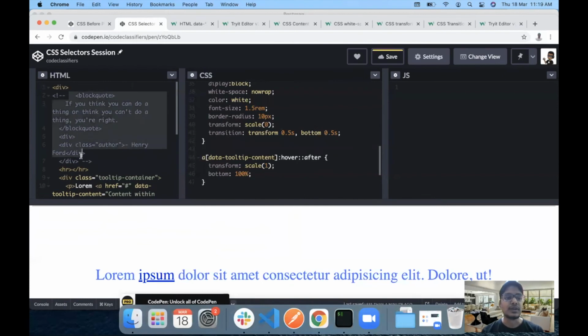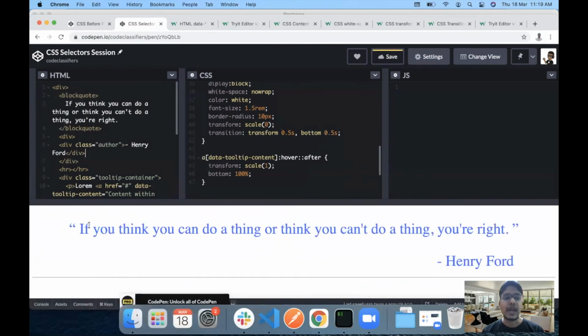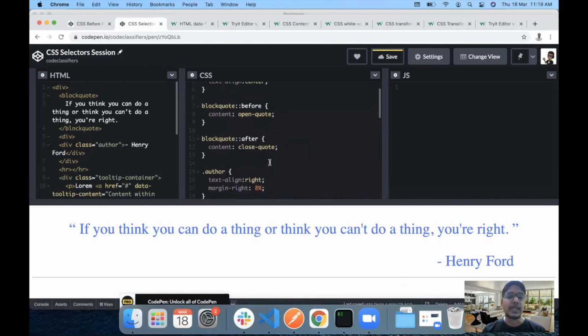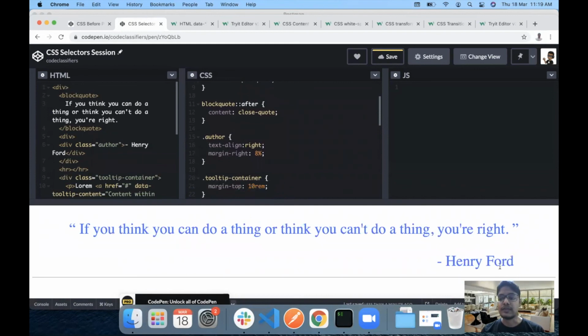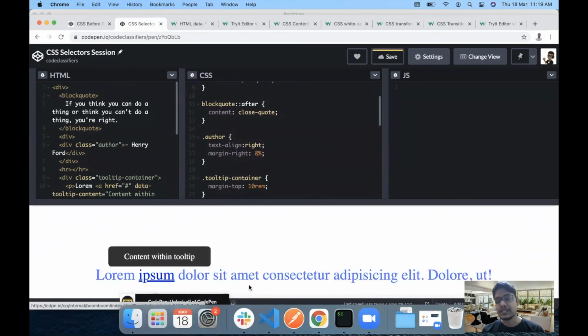First, we used our block code tag, and with this block code tag, if you remember, we created a code, and we added this opening and closing selectors using open code and close code tag. Next, what we did was we assigned the author and we aligned it to write. Next, we added an HR tag. Then we focused on some random text and we were adding a tooltip.